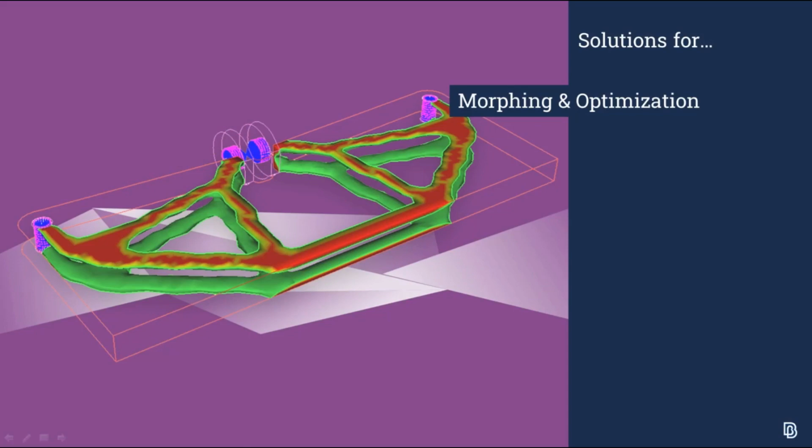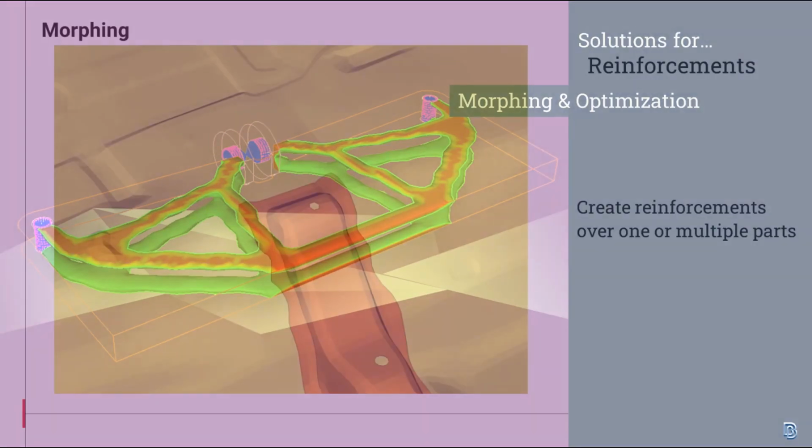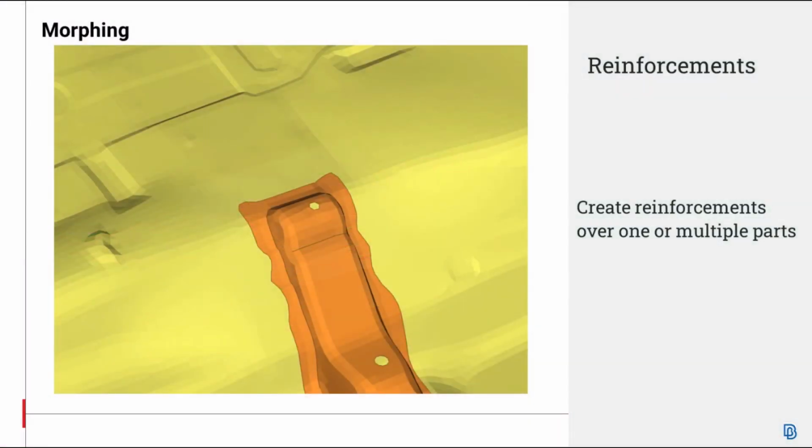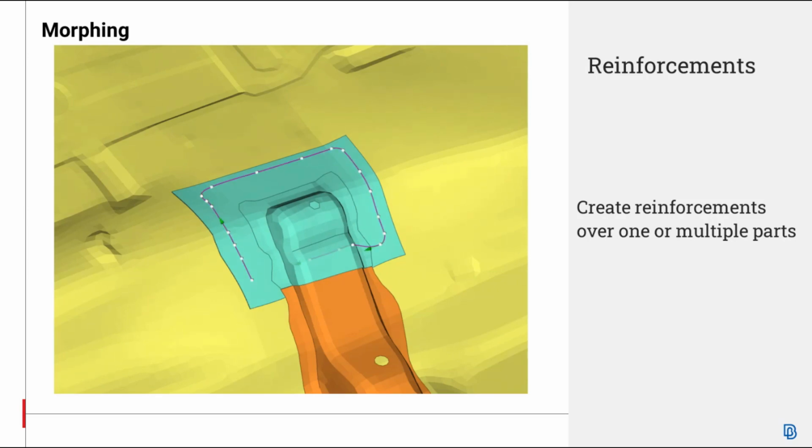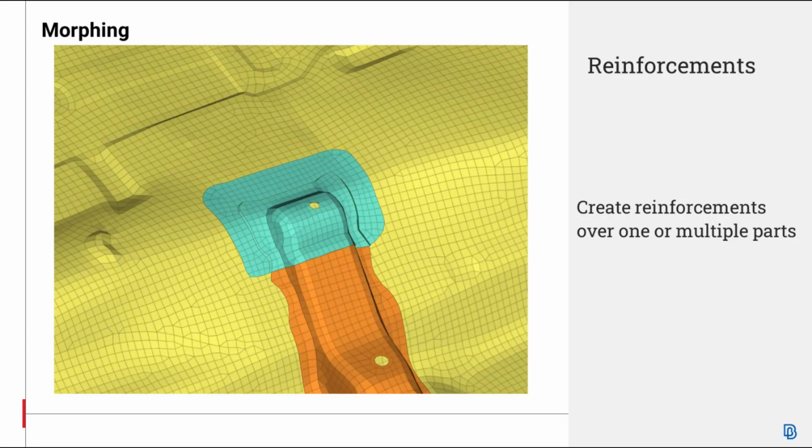Regarding the morphing discipline and the optimization domain, a new tool has been added in version 23 that facilitates the generation of new reinforcement parts over one or multiple regions. The user can select the regions over which the reinforcement will be created and can provide either predefined curves of the new part's shape or draw on the spot its outline. Then the new regions can be fused, according to a user-defined angle, and create automatically the new part.